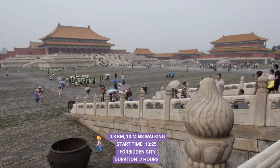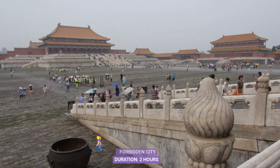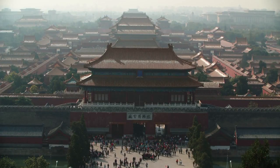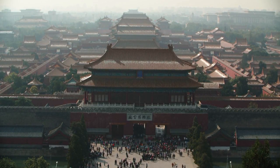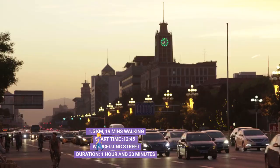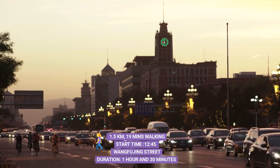0.8 km, 10 minutes walking. Start time 10:25, Forbidden City, duration 2 hours. Explore this ancient imperial palace complex with its majestic halls, courtyards, and historical artifacts. 1.5 km, 19 minutes walking. Start time 12:45,